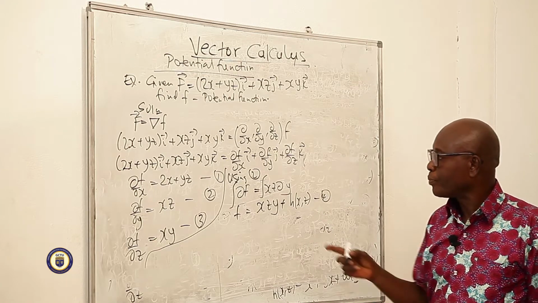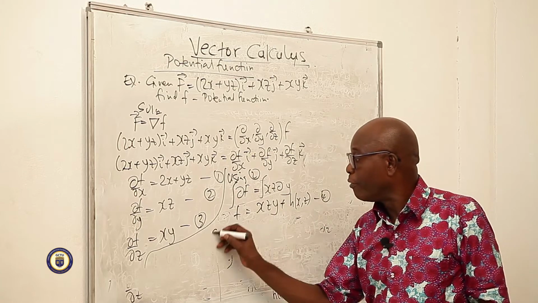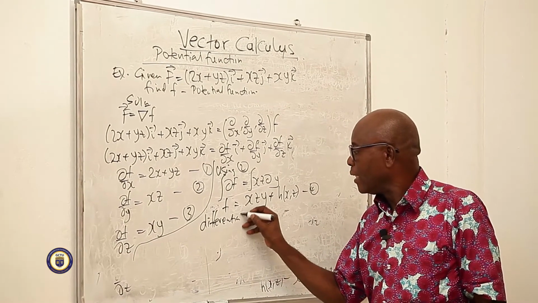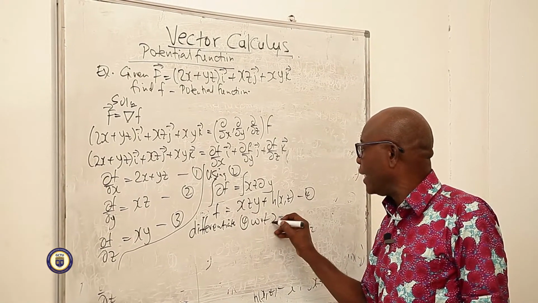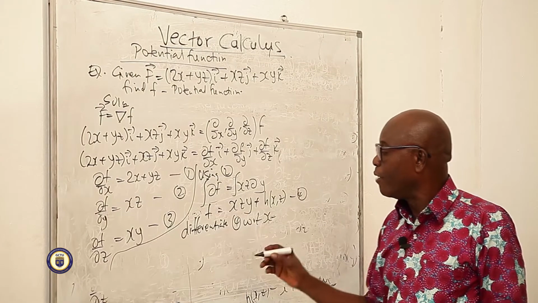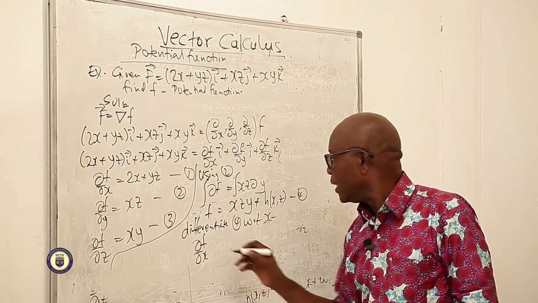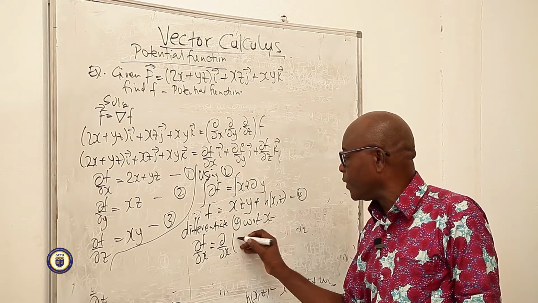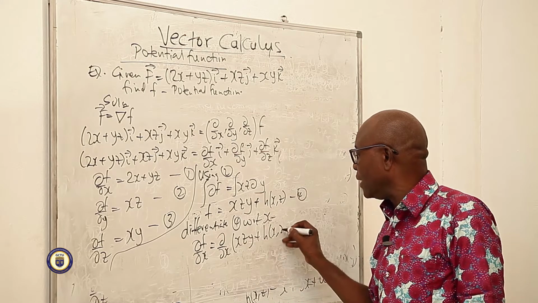And so we can differentiate with respect to, let's say, x. If you differentiate that, we're going to have partial f partial x. It means that we're going to differentiate this whole term xzy plus a function in x and z,